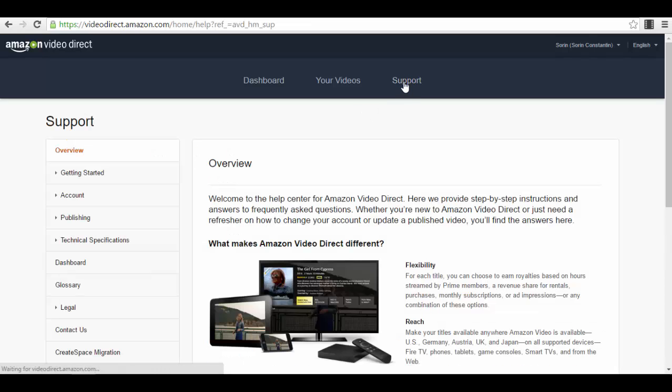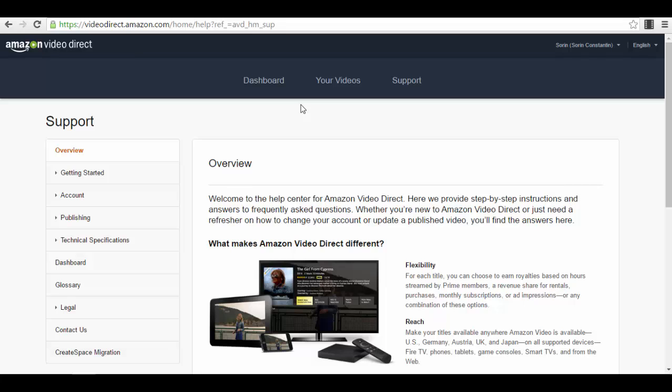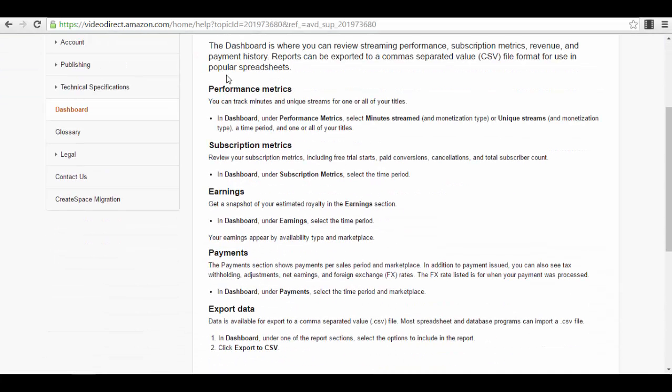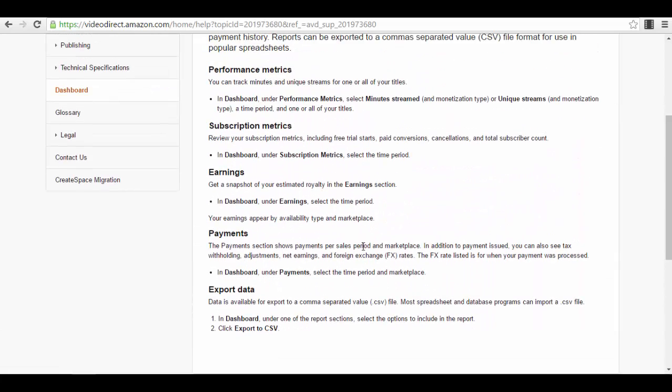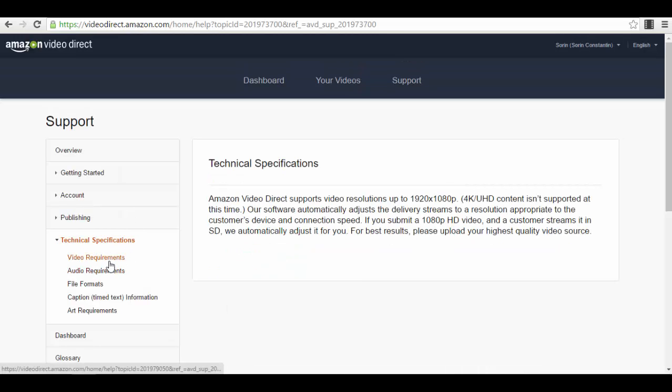Now you have the support part here in your dashboard, which is actually very important. I recommend you have a look into this, because you will get more acquainted with the platform. If you go to the dashboard, you will understand much more easily how it actually looks. Read all these things. I would also definitely recommend you have a look into the technical specifications for video, audio, file formats, caption and art requirements. Here you can find more information about that,